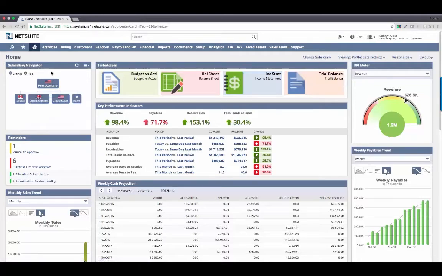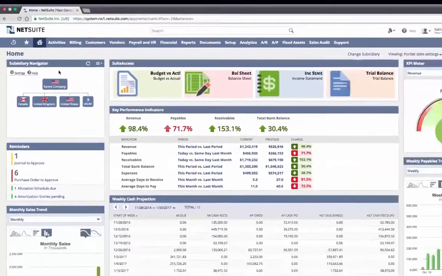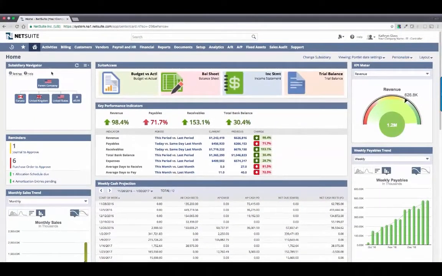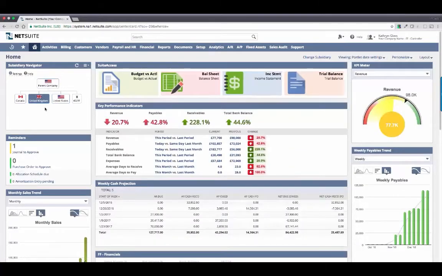The subsidiary navigator depicts a view of my subsidiary hierarchy. I currently have a parent company and 3 children companies, US, UK, and Canada. The subsidiary navigator lets me quickly filter my view to reflect only a subset of my business. With a single click, my dashboard is updated to reflect only my UK operations, and everything is translated to the